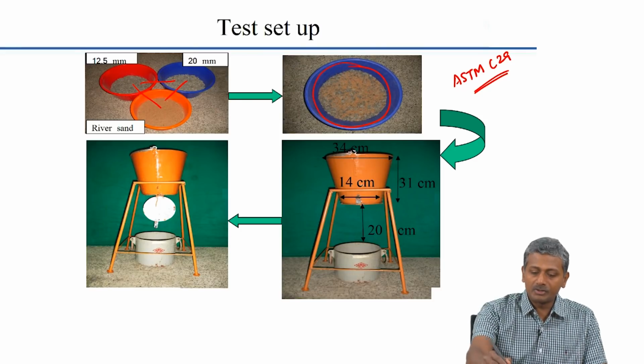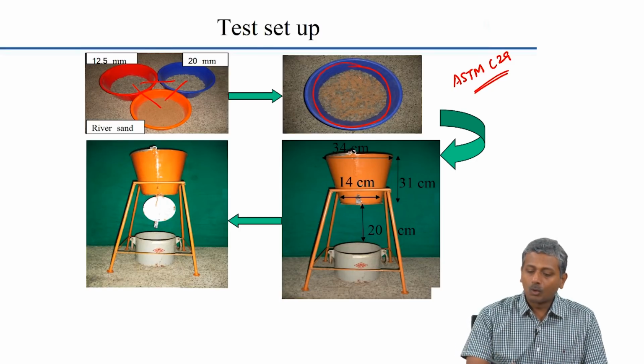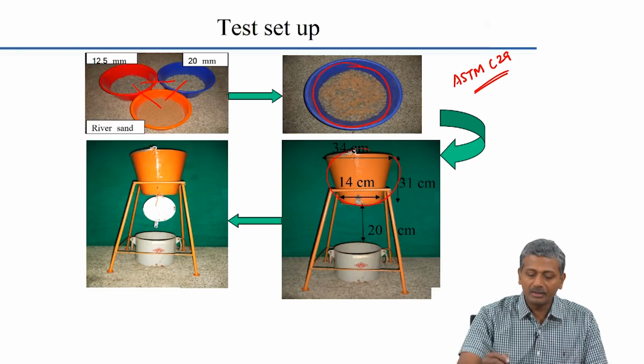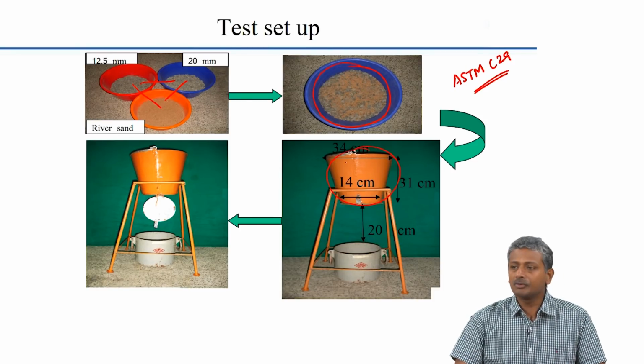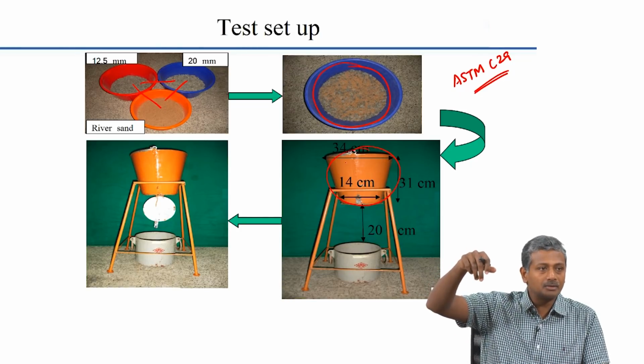And for each of these combinations, you first prepare a dry mix, intimately mixing these aggregates together. So, what we devised was this bucket method of testing. Here we have a top bucket similar to your compaction factor apparatus. If you remember the compaction factor test, the freshly made concrete is filled into the top bucket, the door is